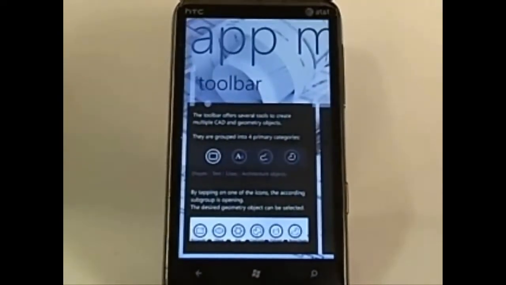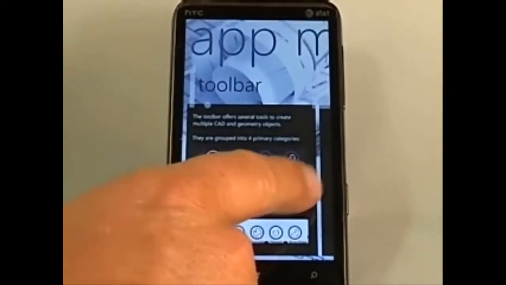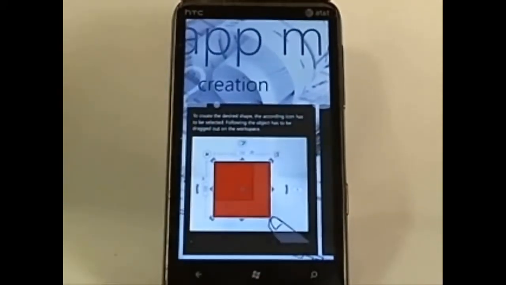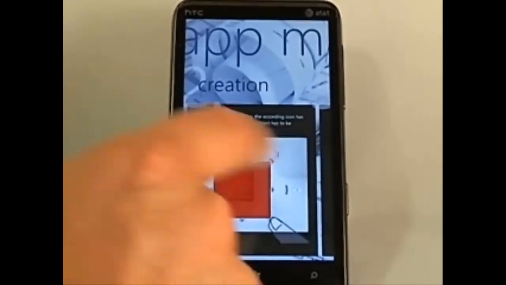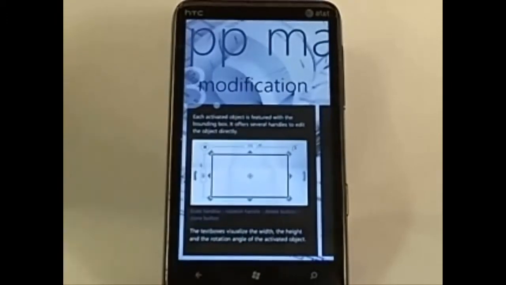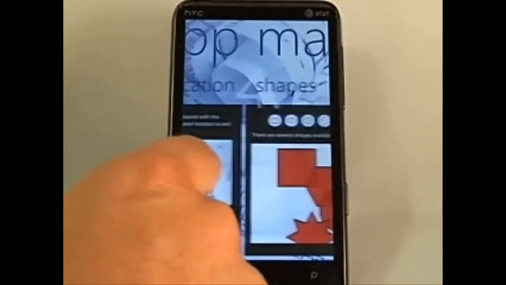It starts to show the UI of the application, and then the first thing that comes up is a panel with information about the toolbar. So it has a number 1 toolbar, and then it has some instructions about working with the toolbar. And I can scroll to the next panel, which is about creation, and then modification,